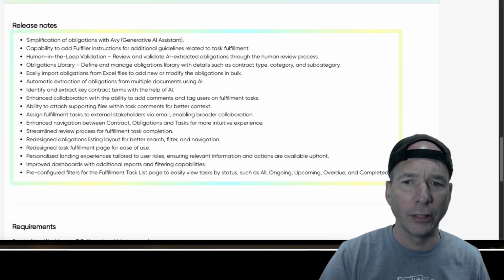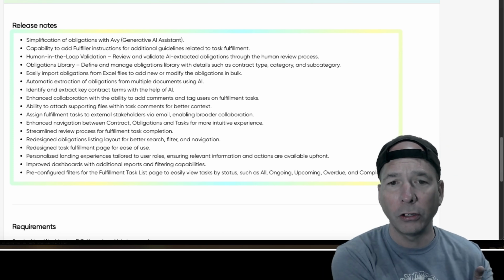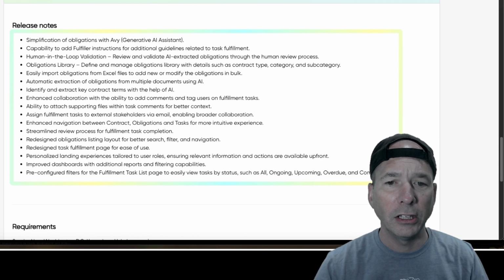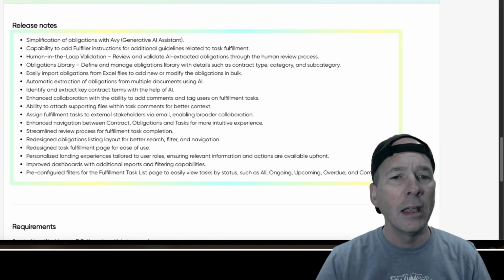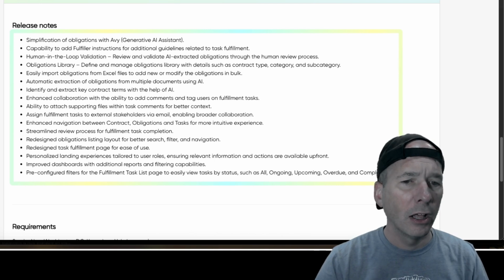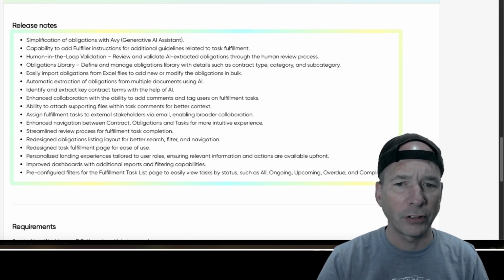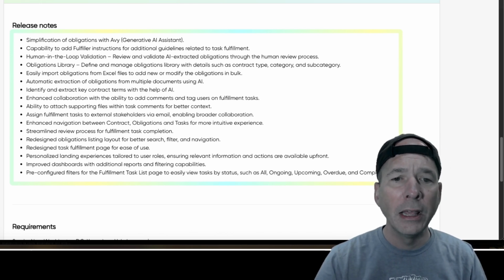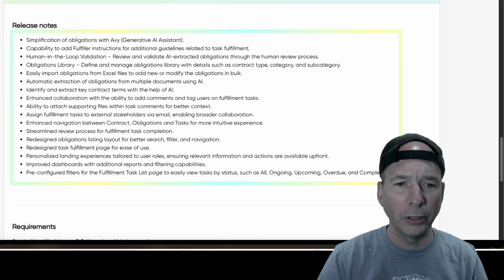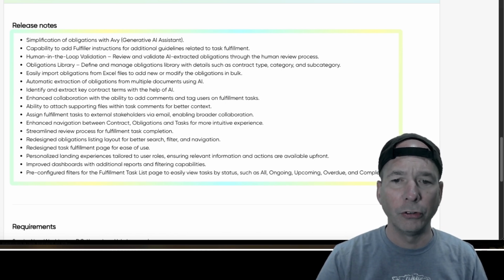new or modify the obligations in bulk, automatic extraction of obligations from multiple documents using AI, identify and extract key contract terms with the help of AI, enhance collaboration with the ability to add comments and tag users on fulfillment tasks, ability to attach supporting files within task comments for better context, assign fulfillment tasks to external stakeholders via email, enabling broader collaboration, enhance navigation between contract obligations and tasks for more intuitive experience, streamline review process for fulfillment task